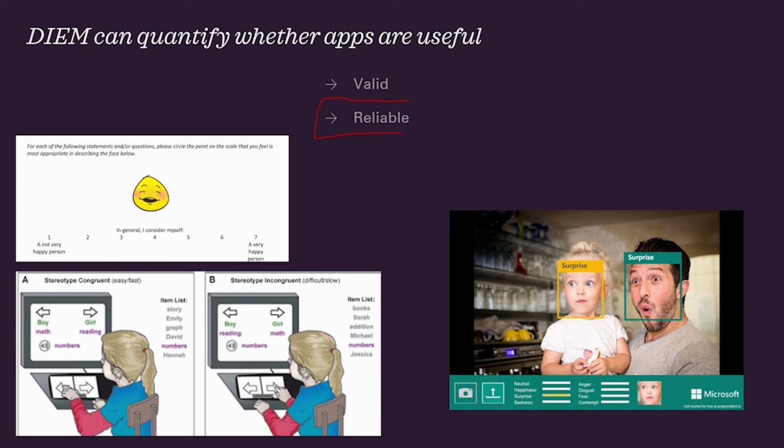So another metric of whether an app is evidence-based or valid is how reliable it is. So you might have a good literature base, but how reliably and how stably are the emotions tagged to what they're supposed to be across people and settings. And so we have a few different ways we're testing that. One is that we're asking people to rate the icons, right? So when people look at these things, do they rate them as what they're supposed to be?